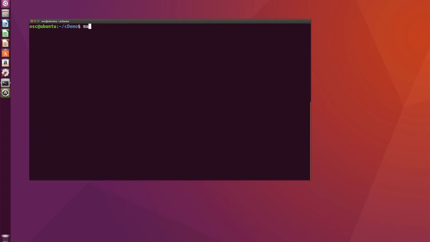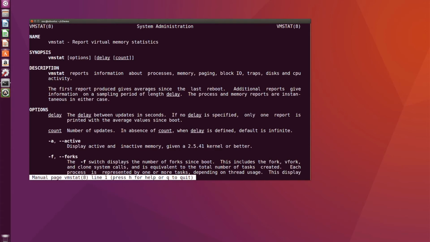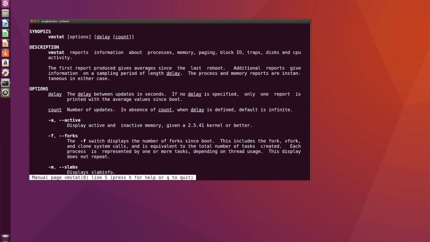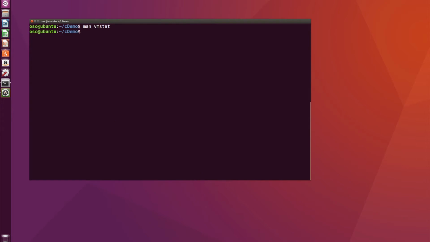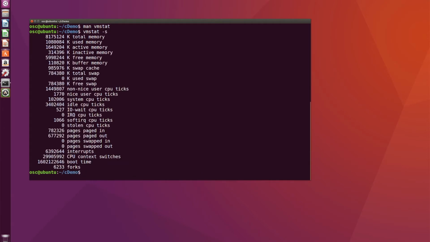So let's do a manual page, vmstat, to take a look at the instructions. vmstat reports virtual memory statistics. And if we look at the options on the command line, -s says, give me a table of various event counters and memory statistics. So if I write vmstat -s, well, it gives me the total number of kilobytes of memory, the amount of free memory, amount of inactive memory,